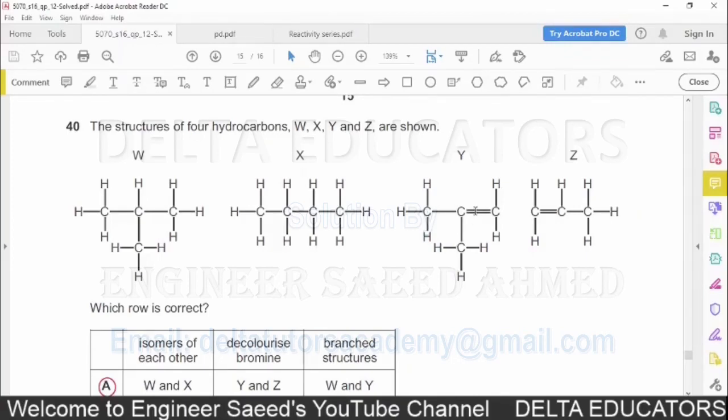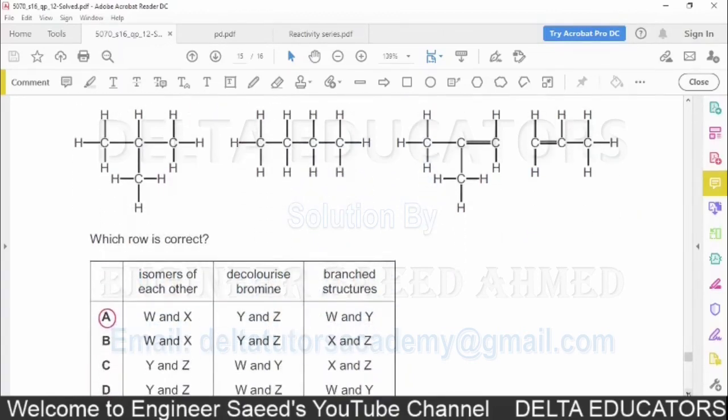Double bond means it is not an alkane, it is an alkene. Again here we are looking, it is an alkene with 3 carbon atoms. So here Y and Z are not the possible options. Here possible are W and X. So we can say W and X are isomers of each other because the molecular formula in both compounds is the same but the structure is different. So X and W are isomers of each other. Now W and X is given only in options A and B. So we have to check options A and B.